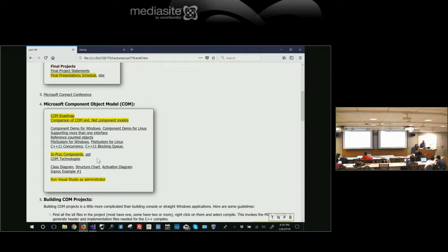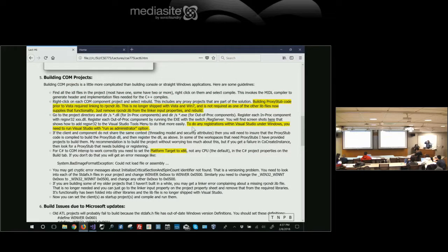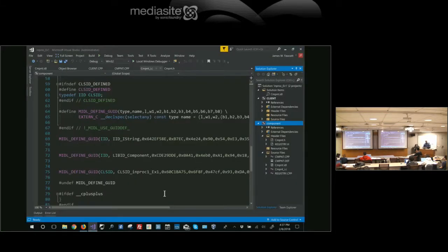So now, I have some comments here that I don't want you to worry about. Every new version of Visual Studio that comes out, they change stuff and code breaks. If you're using ATL, that's not so much true. But with raw C++ stuff, you tend to get a lot of breakage every time Visual Studio changes. Let me give you an example,